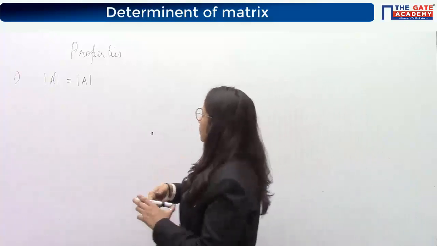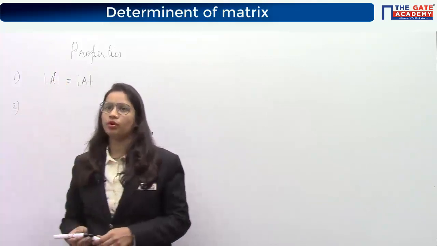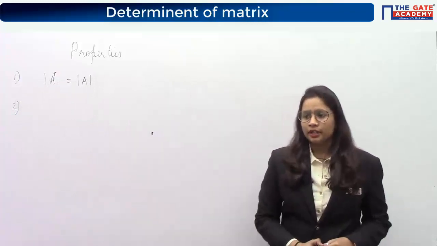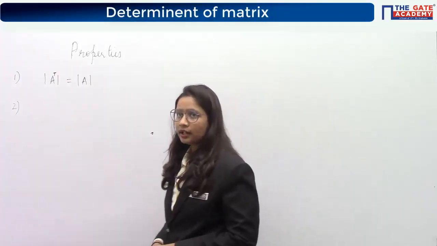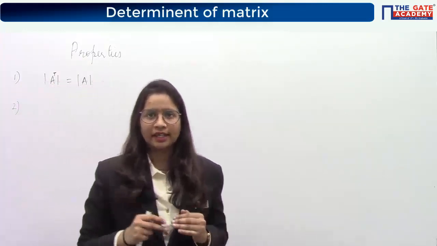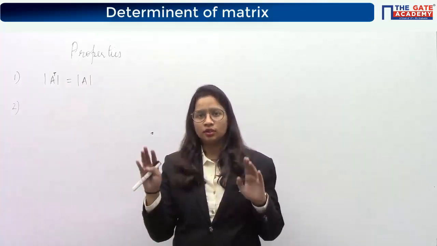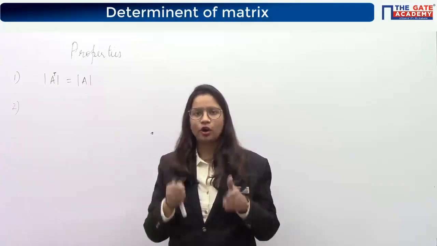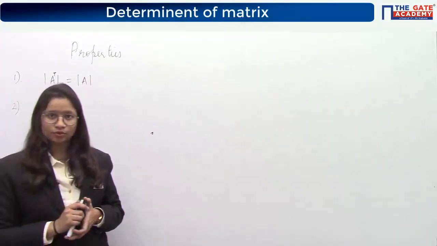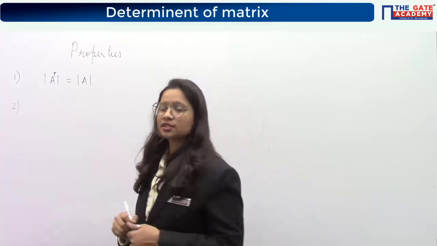This is the property statement-wise. This is written like this. Okay. Next property. Write down the next property. If two parallel lines of a determinant are interchanged, and from the word parallel lines we mean either two columns or two rows. Okay, what do you mean by parallel lines? Parallel lines is either two columns or two rows. So if you interchange any two parallel lines, either two rows or two columns, the determinant value will have the same numerical value but a change in sign.